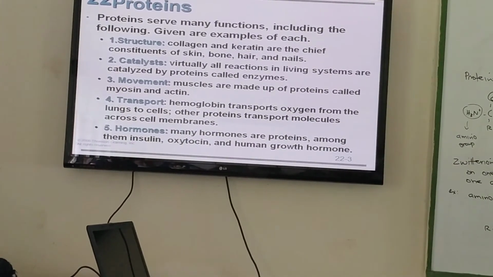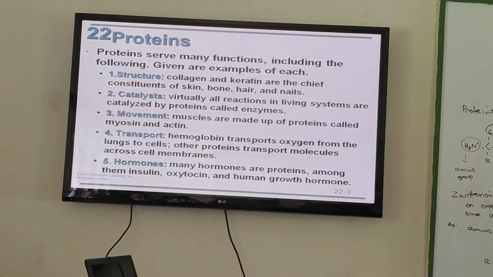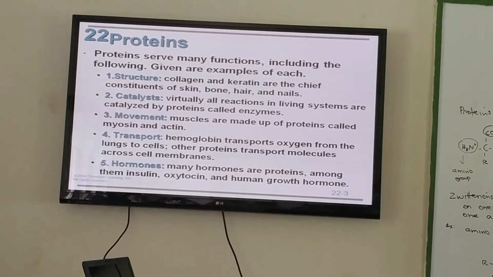Okay, and of course, other proteins also serve as transport molecules across the membranes. Like what I projected last time, the membrane consists of lipid molecules and protein molecules, almost 50-50. But of course, some of them are bonded with other molecules like lipids and carbohydrates. So now those proteins, where you could find, now those proteins